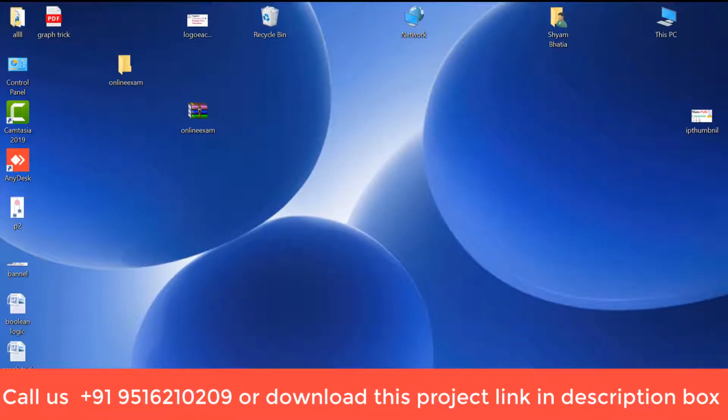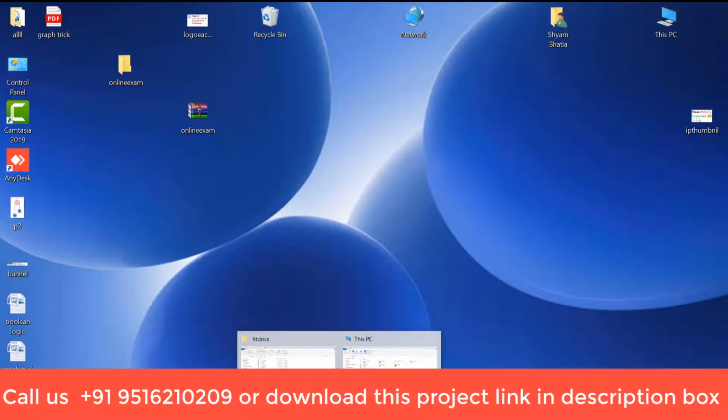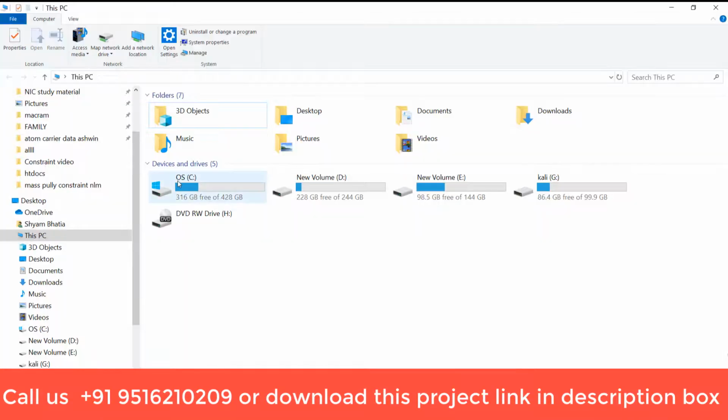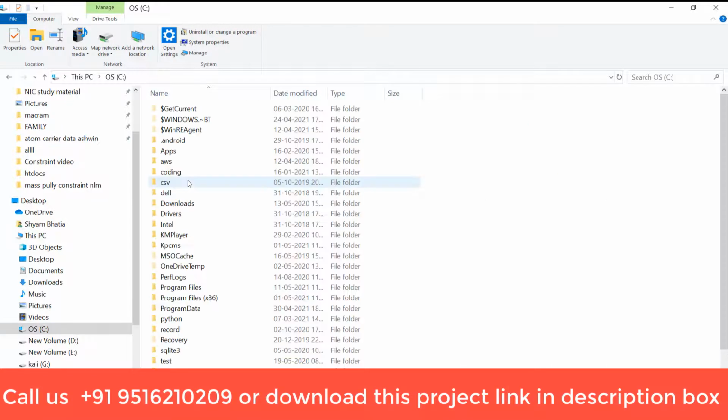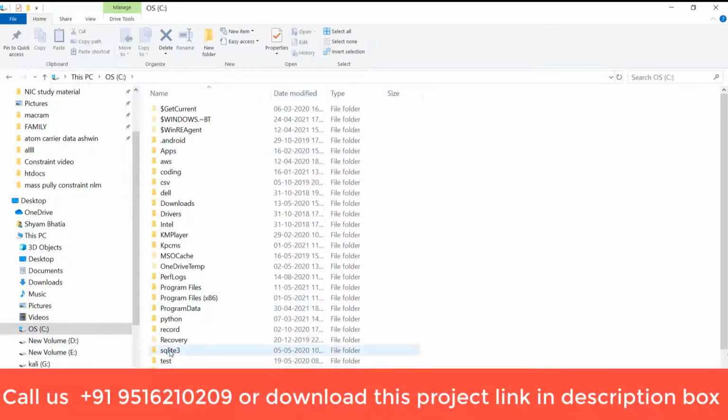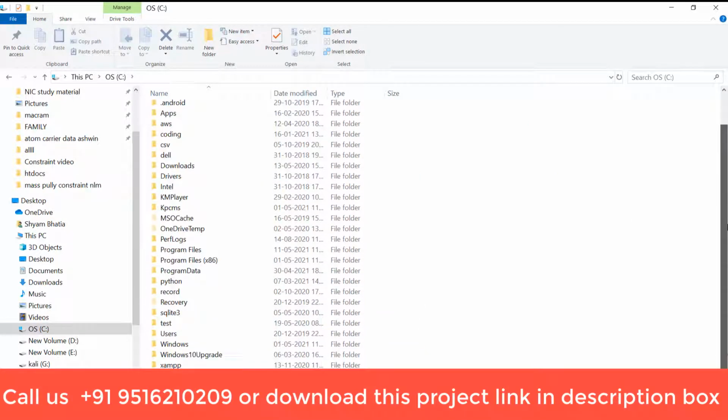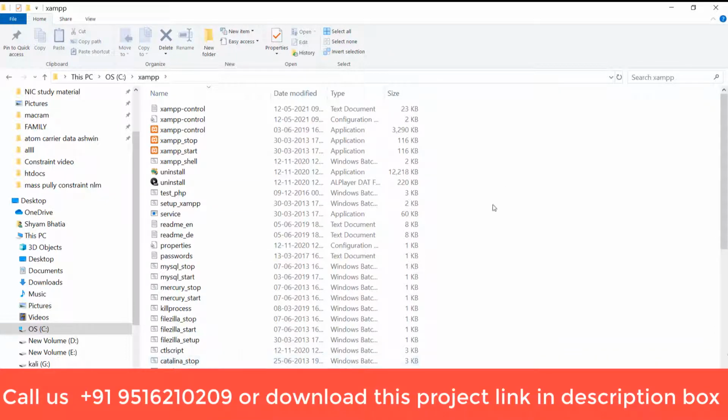Here, go to htdocs. Below you will find the XAMPP control panel. If you install XAMPP, search for the root directory htdocs.